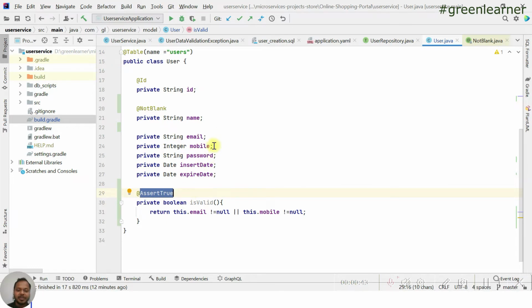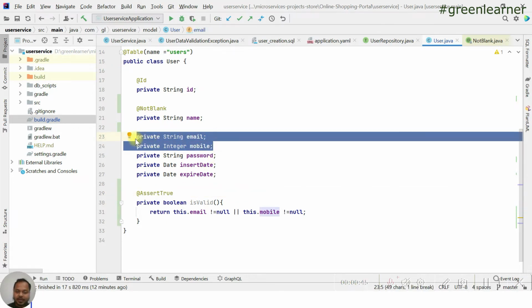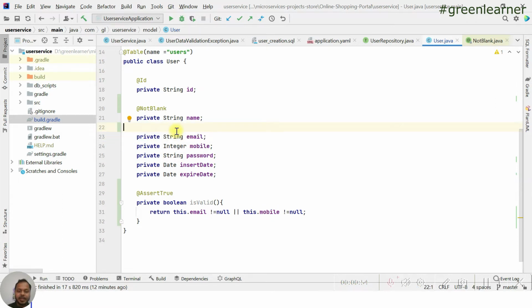So now we are done with the validation of this point, that email and mobile, one of these fields must not be empty. What other thing do we want to validate here? You see the pattern also, email has some specific format. If we can put that pattern validation here, we can prevent a number of inputs. No one can use random strings and all those things. We are going to fix that it should be in this format. How can we do that? There are regular expressions to do that.